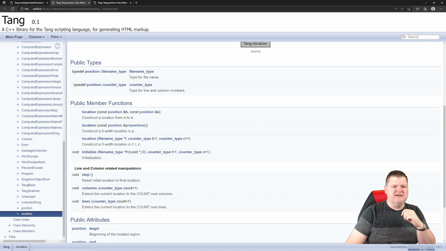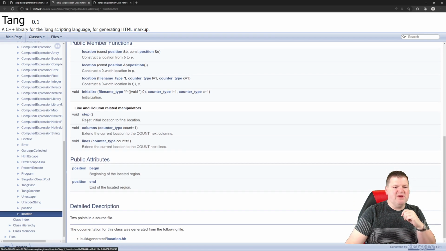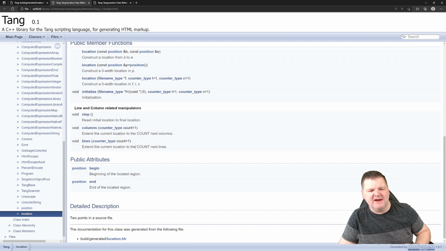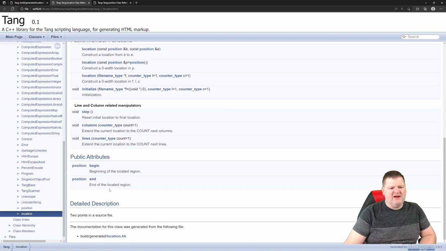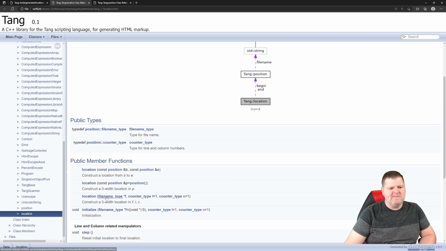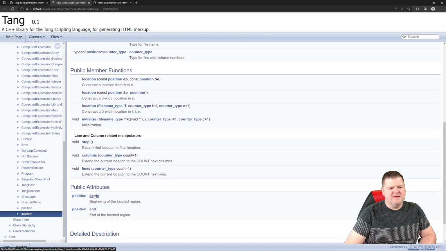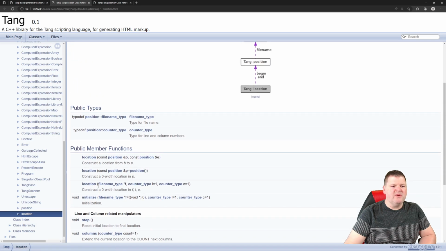Oh yeah, that's L. I would assume C is the lines and columns. That's it, lines and columns. And we can initialize it to some value. Step, columns, lines. Yeah, I think that's right. Begin, end, that's fine. And those are positions. So when we create it,